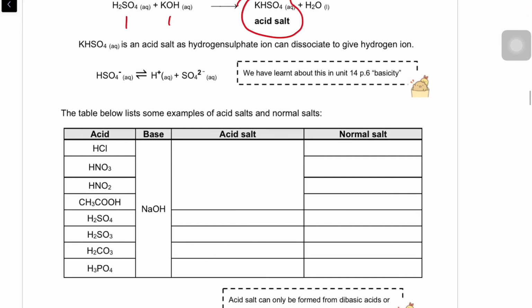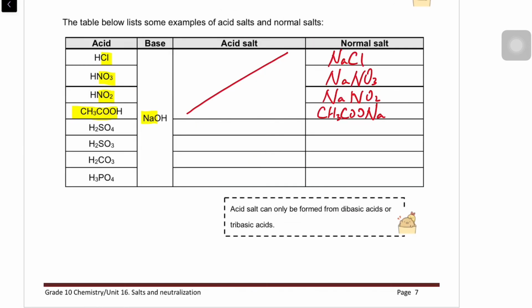Now, you can see there is no point for a monobasic acid to form acid salt. I show the answer here. So you can see with sodium ion and the corresponding anion, the normal salt for monobasic acid will be shown like this. Well, this is an organic acid, so you can see we put the anion in front, but